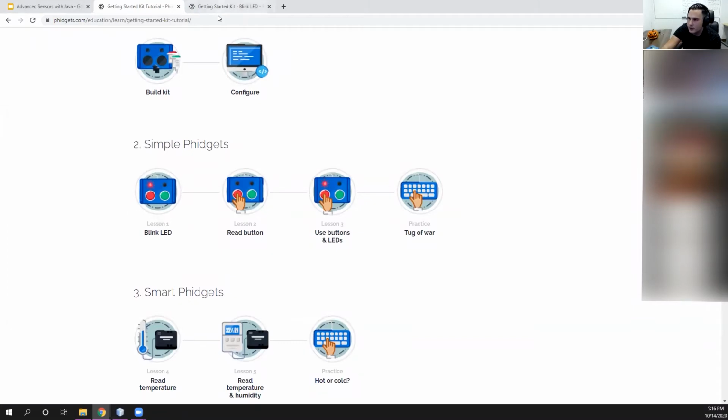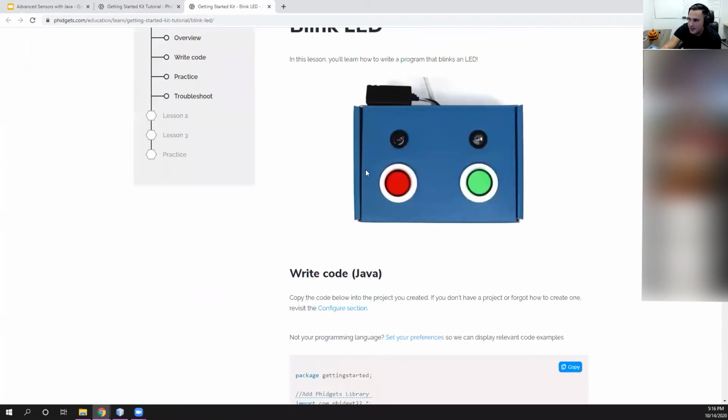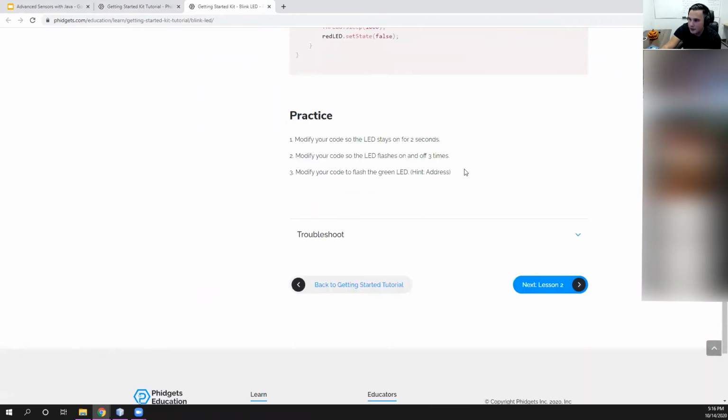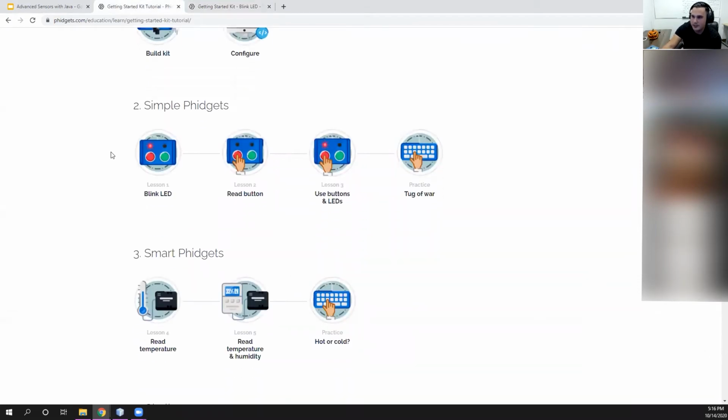So if I click through here, you'll get some code, you'll get an example of what it should look like, and then you'll get some assessment at the end. So if we go back here, basically the idea is you're learning how to use the LEDs, you're learning how to use the buttons, you're learning how to use the temperature and humidity sensor, and there's also assessment built into that. So if anyone did not know that, or they were trying to create their own curriculum for this,